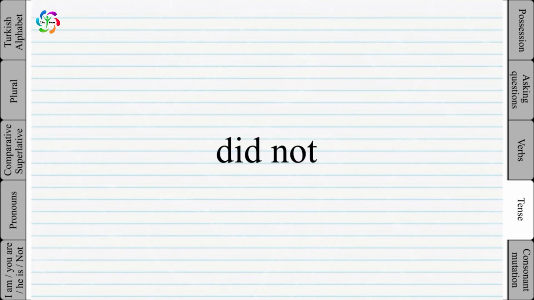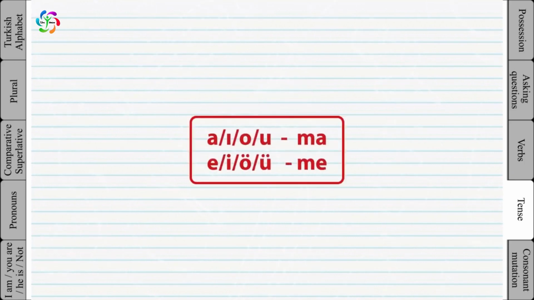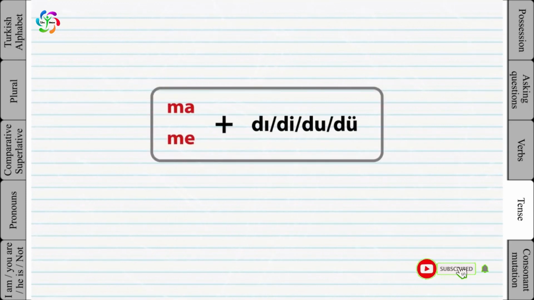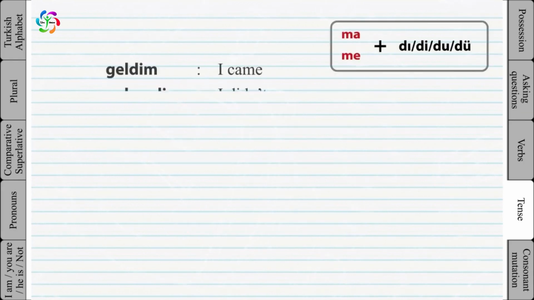By adding either ma or me, we can negate the past tense verbs. Simply add the ma and me at the end of the verb root. Note, we learned that we have to change the letter D to T if the last letter of the verb root is one of these letters. But in the past tense, when we add the negative ma, me, we don't have to change the last letter. Example: